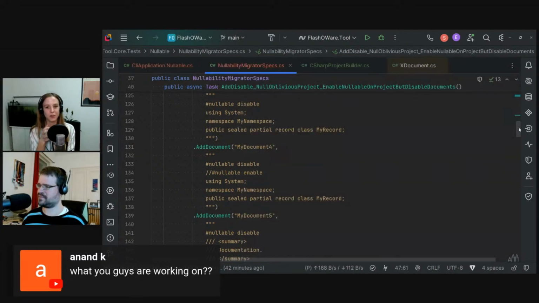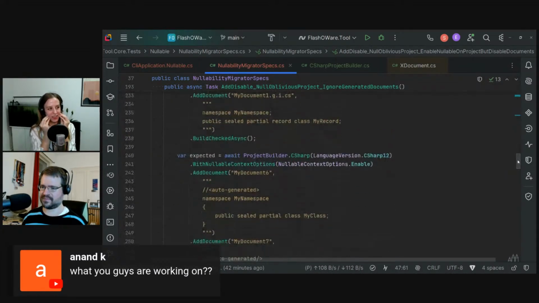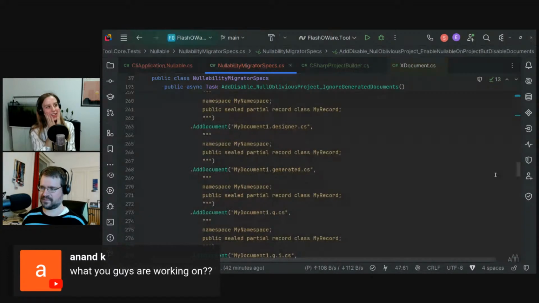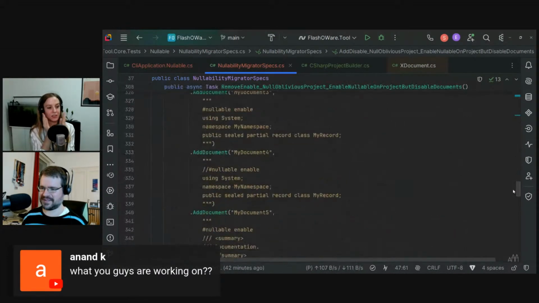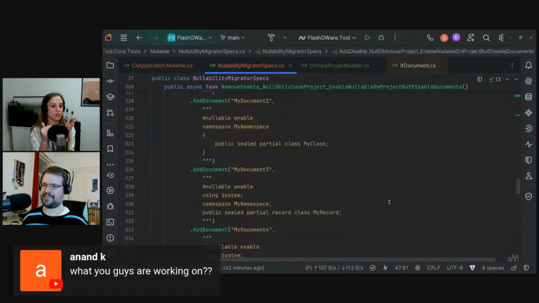Or you could do the other approach. This is something you still have to do manually because it's disabled by default, and then you can just enable it file by file by file. So put it at the top of the file, as you see here. Then you'll see all the warnings and annotations. You can resolve them